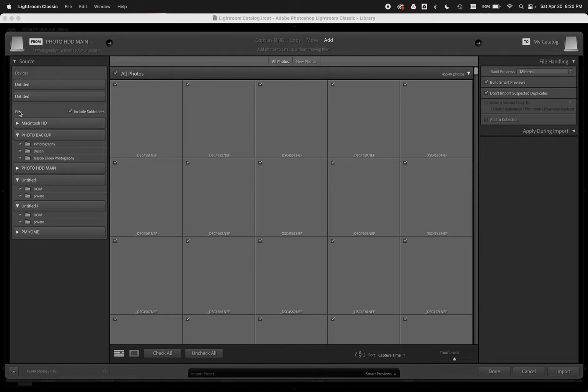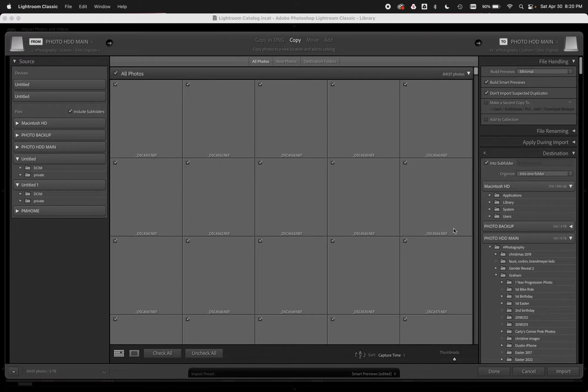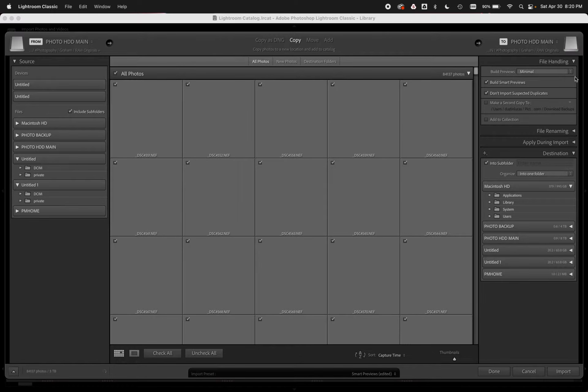I want to make sure that that's clear on the differences between importing from an external hard drive, you're going to add, or importing from a memory card, you're going to have to copy those files from your memory card to external storage. Now jumping into the file handling section, what's really important, I always choose build smart previews, but